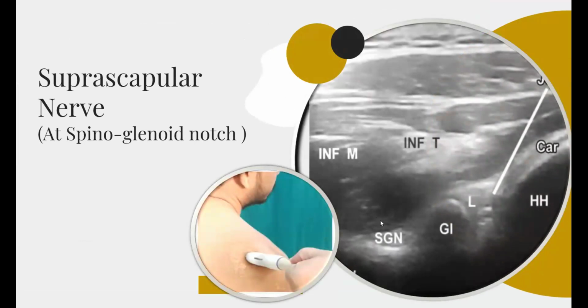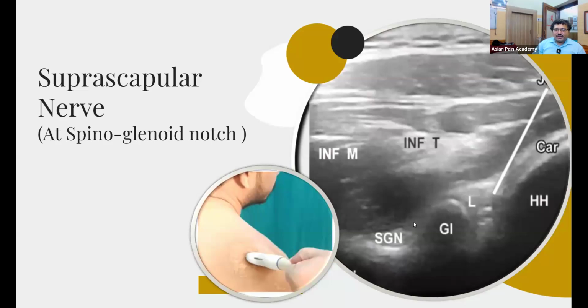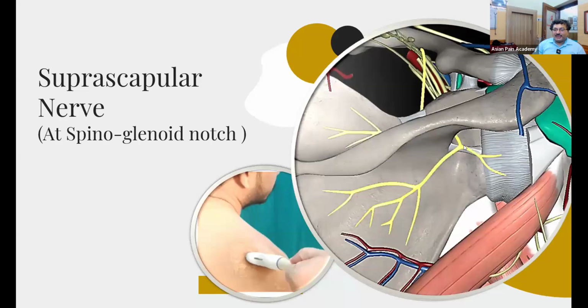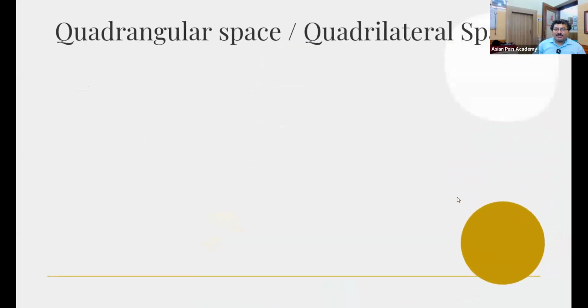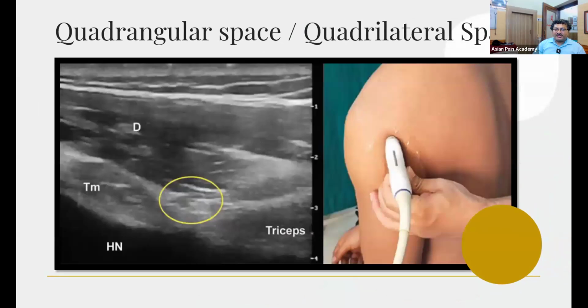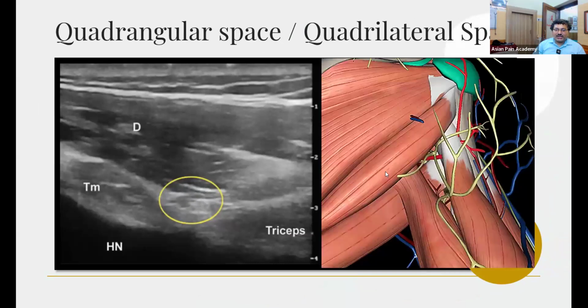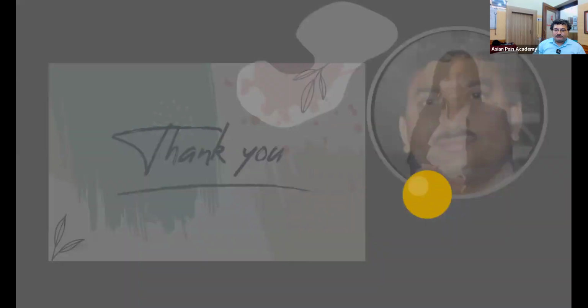Here we can see this is at the level of the spinoglenoid notch. Okay, so we have to block at the lower part here so that the motor branches can be spared. So coming to the quadrangular space. In the quadrangular space, we'll be able to see the triceps, teres minor, and above it will be the deltoid, and we'll be able to see the vessels and the axillary nerve at this point, which I'll be showing and demonstrating in the model. So that was the anatomical part. I'll be moving towards the demonstration, but before that,